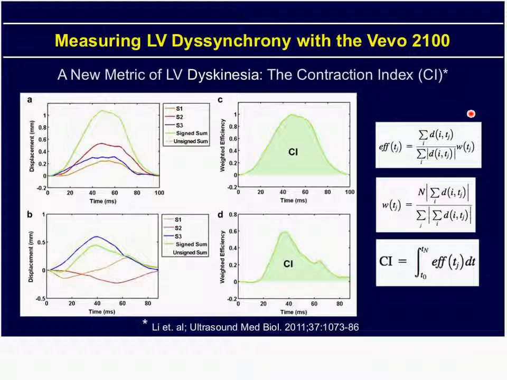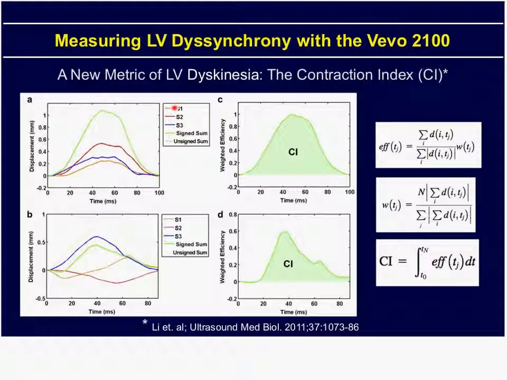We've also, in this article published in UMB last year, characterized a new metric for measuring that LV dyskinesia. We call it the Contraction Index,